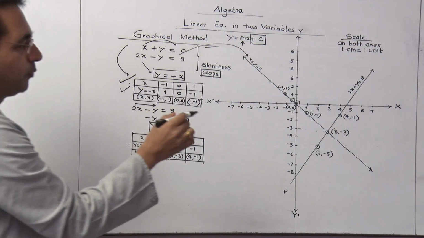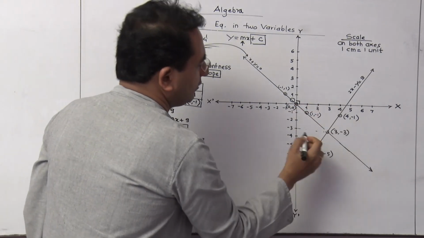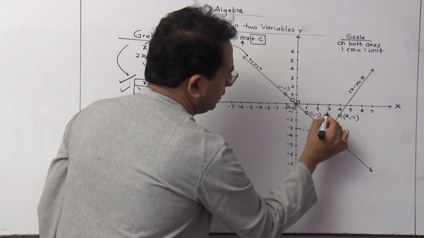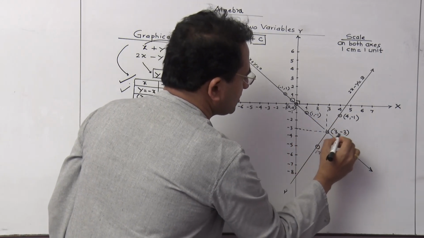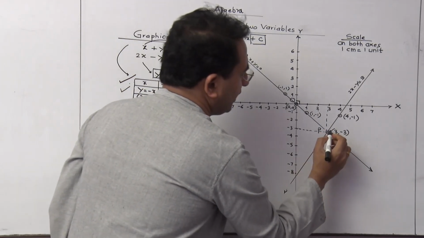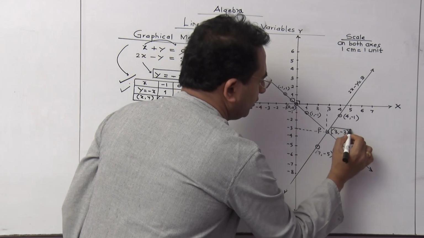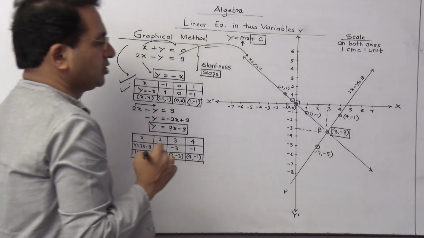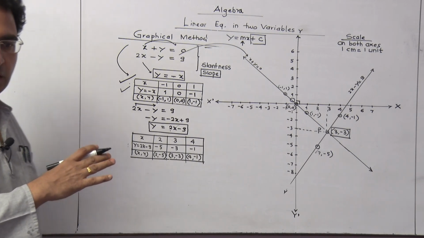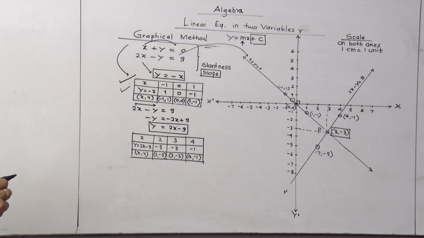Now this particular point is a special point of the graph, and that's why we are supposed to do this marking. It is better, this point is coming as the point of intersection, name that point P, 3 comma minus 3, and please put a box around it. This is the main answer of this particular equation. This is what we call the graphical method of solving equations.